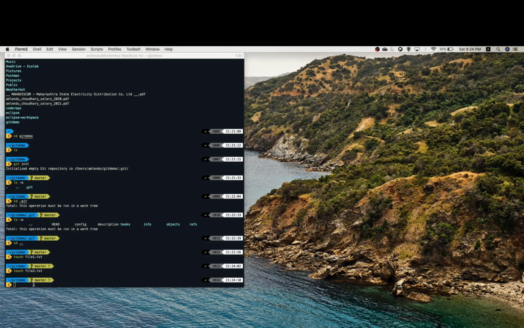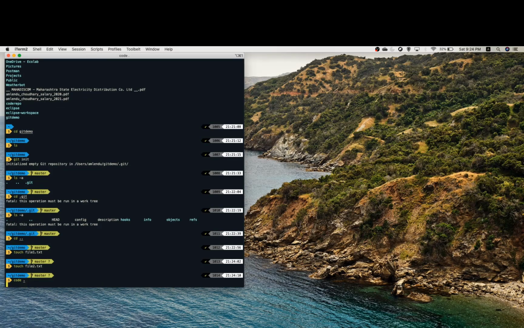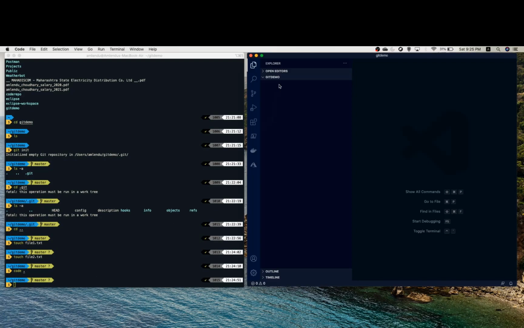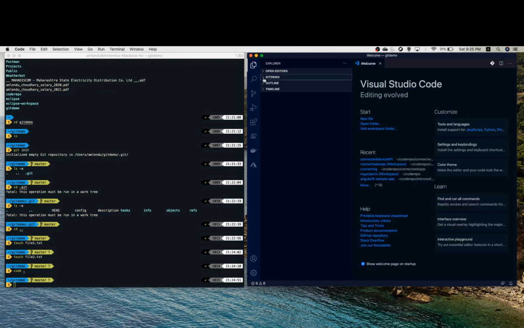The way to open a Visual Studio project is just type in code, and in this folder I need to open it. So this will open Visual Studio Code for me. As you can see, it has opened the Git demo folder and it has got two files inside it.